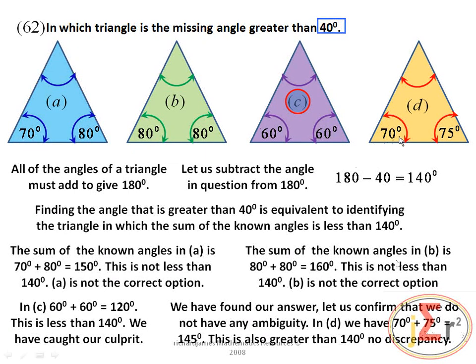So we have 70 degrees plus 75 degrees, that is equal to 145 degrees. Therefore, 145 degrees is greater than 140. Therefore, we are sure that triangle D does not have a missing angle that is greater than 40 degrees. As a matter of fact, we can subtract the 145 from 180 and we will get 35, which is